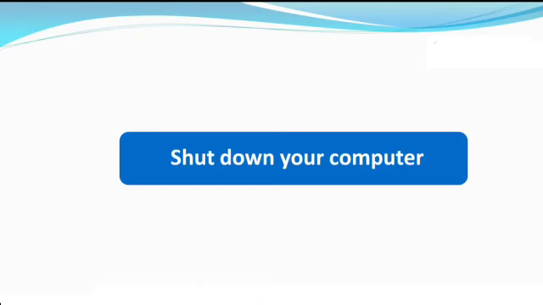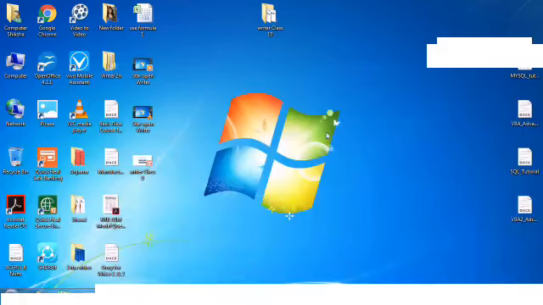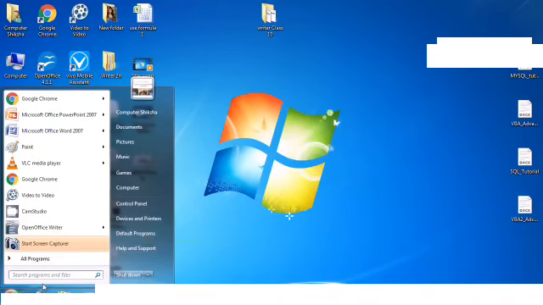Now, all of you shut down your computer properly. If you still have any problems with the shutdown method, please watch the video and learn. Let us now learn how to shut down your computer. Bring your pointer to the start button as is being shown in the video. Next, use your mouse or touchpad to click on the left button. A box appears and you have to look for the shutdown option and take your pointer there. Then, using your mouse or touchpad, click with the left button and this will make your computer shut down.